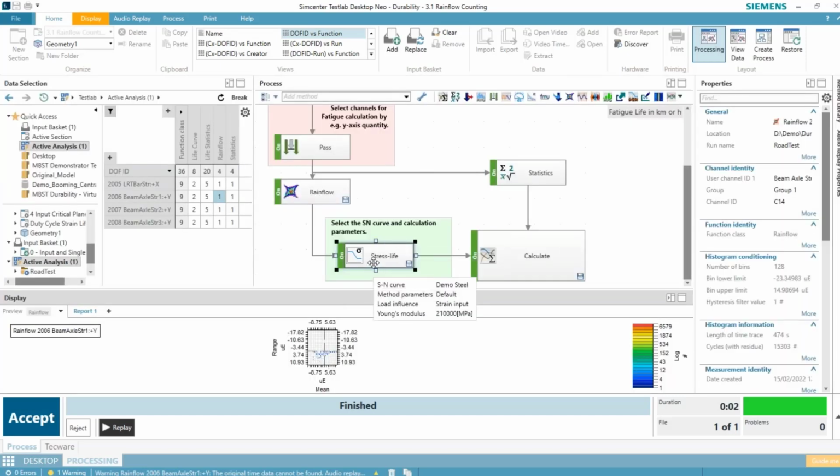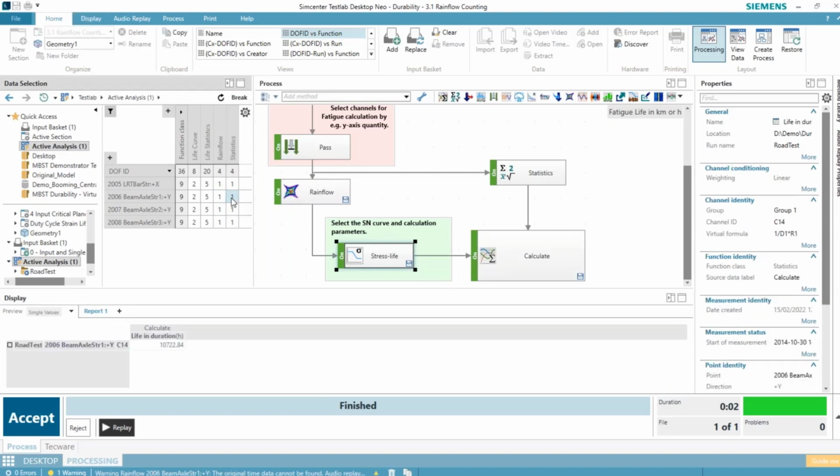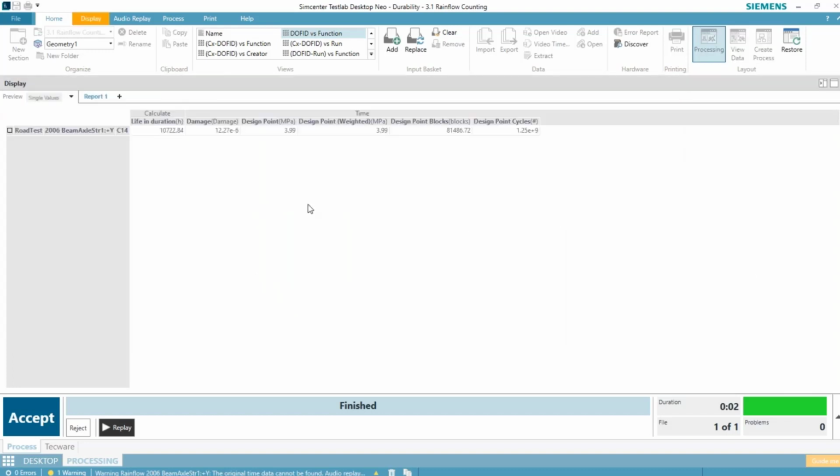In my stress life method here, we're doing the actual cycle counting, so we're comparing these load cycles to an SN curve, and as an output, I get some fatigue life statistics. So I can see the accumulated damage according to Miner's rule. In this case, the accumulated damage is 12.27 e to the minus 6.